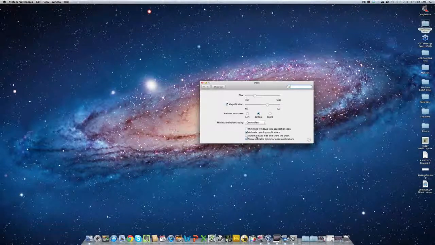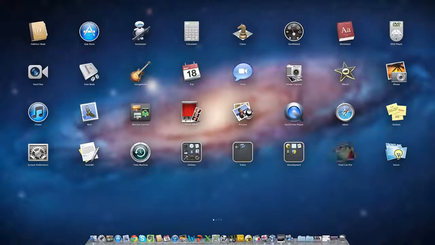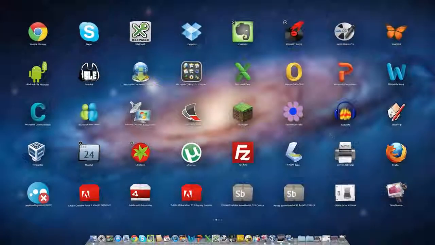Automatically hide and show the dock, which is basically just turning hiding on and off again. So that's the dock. Putting something into the dock, we need to actually put in Final Cut Pro. It's already down there. We must have done that the other day. I thought I was leaving that for this, but